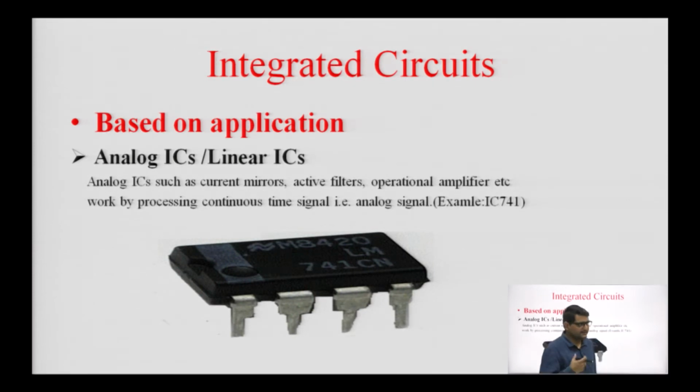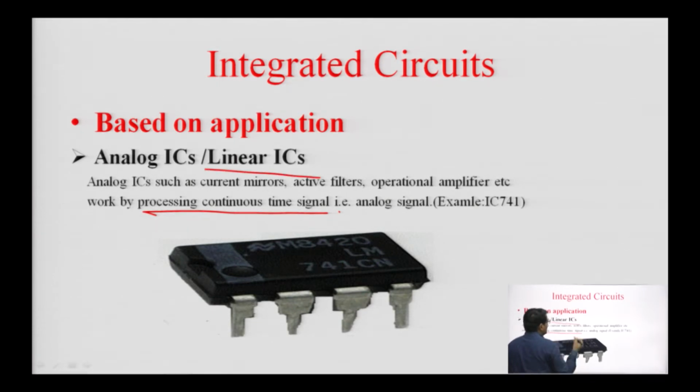तो एक ऐसी IC जिसको हम कंटिन्यूअस टाइम सिग्नल से प्रोसेस करते हैं, उस IC को बोलते हैं एनालॉग IC. And sometimes we say that this is also defined as a linear IC, because in analog IC we particularly use it in analog electronics as an amplifier, and we generally consider amplification a linear function, it follows the superposition theorem. Then we say that the analog IC is generally defined as a linear integrated circuit or a linear IC.